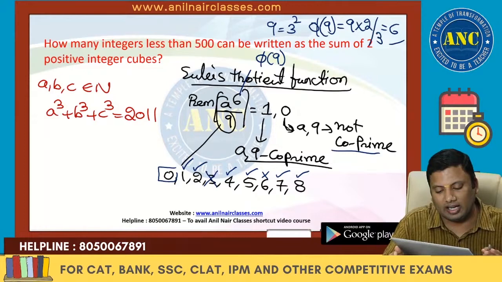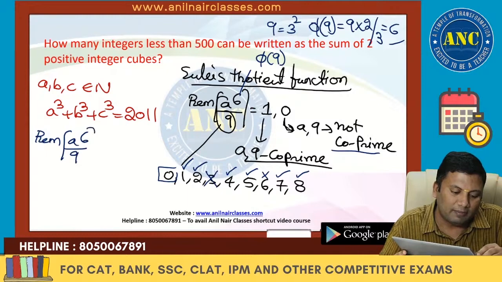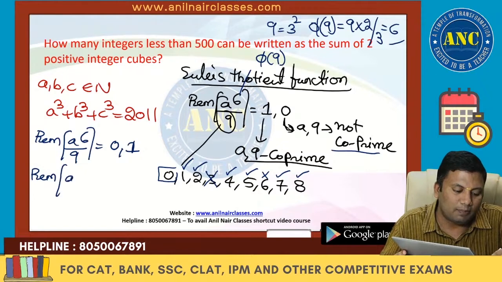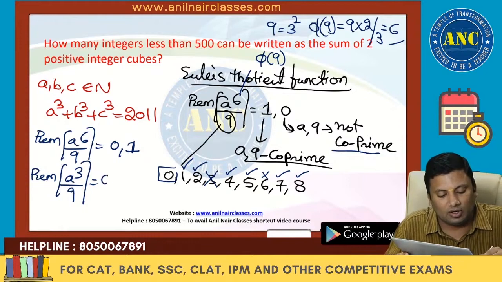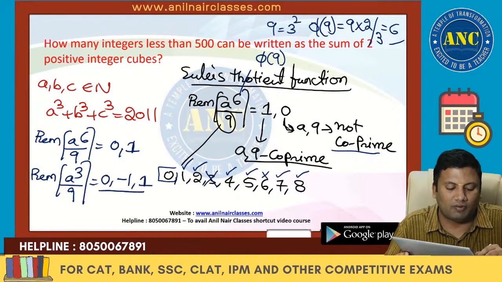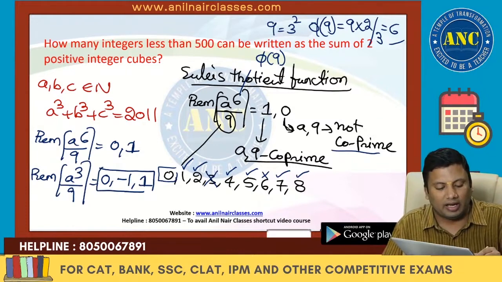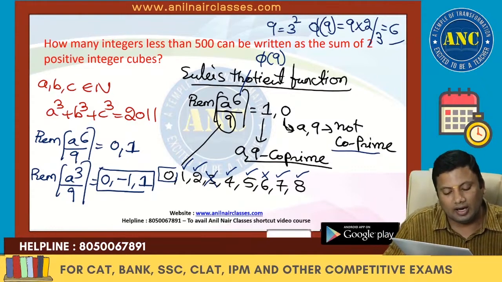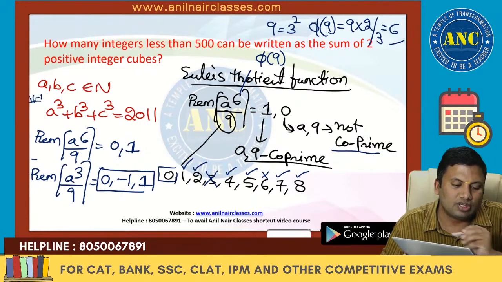In the remainder class, I have discussed everything. That means the remainder when A power 6 is divided by 9 is 0 or 1. Think logically. What is A power 3 divided by 9? A power 3 whole square is A power 6. 0 square will be 0. Something square is 1, which means it can be minus 1 or 1. So directly you can write A power 3 divided by 9 is minus 1 or 1. If I square it, 0 square is 0, minus 1 square is 1, and 1 square is also 1. So the possible remainders are 0, 1, minus 1.